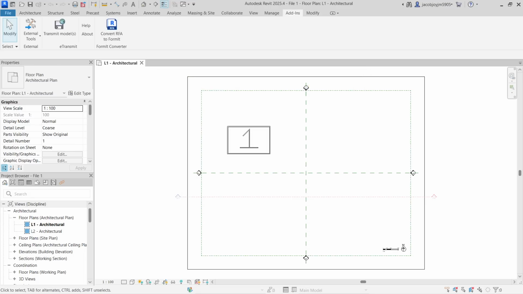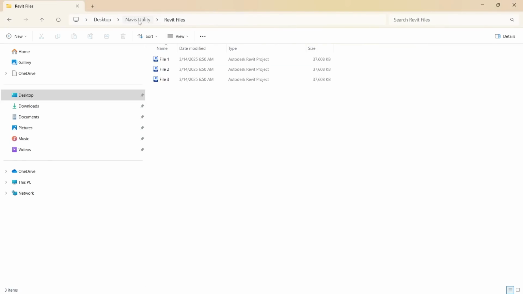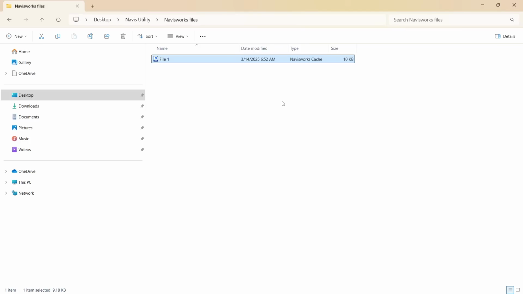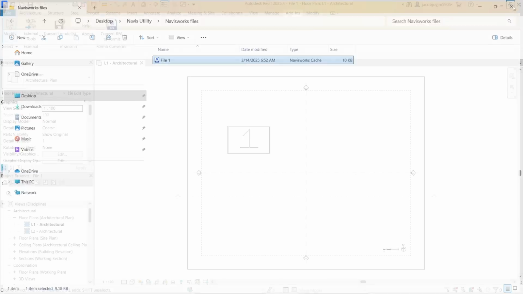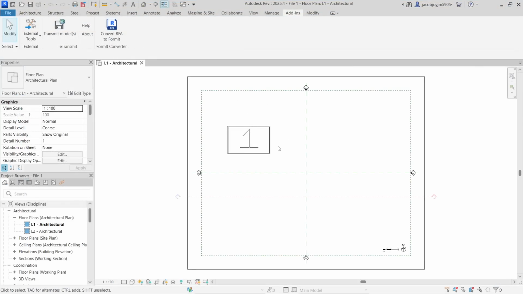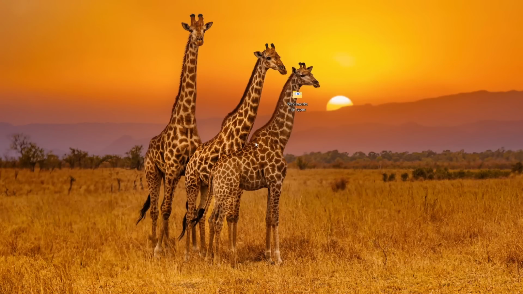So like this, I have to export the files one by one. In the Navisworks utility, Navisworks files folder, you can see the file is saved here, a Navisworks cache file. Like this, I have to open and export one by one. In case I want to do it all together quickly, then I can use